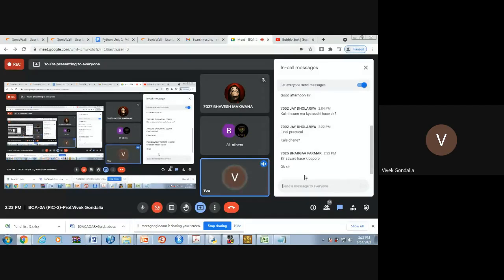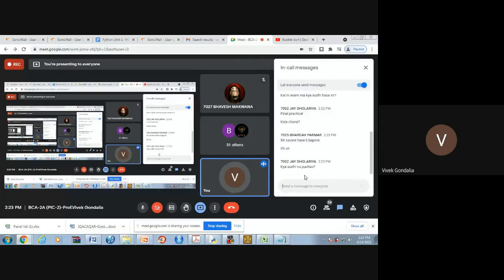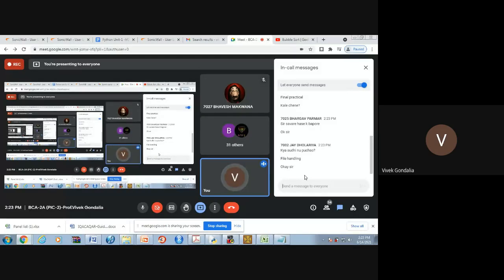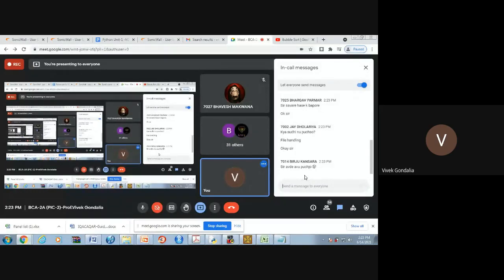Yeah, in our first lecture we will take that, and we will keep the syllabus up to file handling. Clear? So it is only pure viva, based on the practical, and we will keep our syllabus up to file handling. I will not include this sorting and all. So from the first up to file handling, unit number 1, 2, 3, and 4. Unit number 5 is not there.